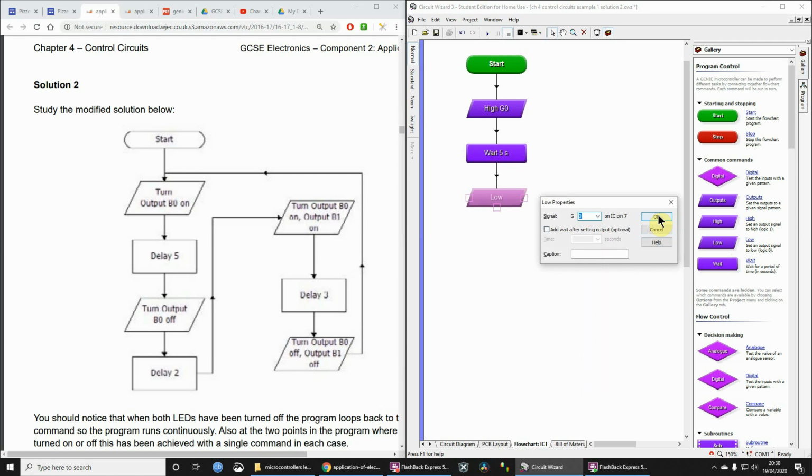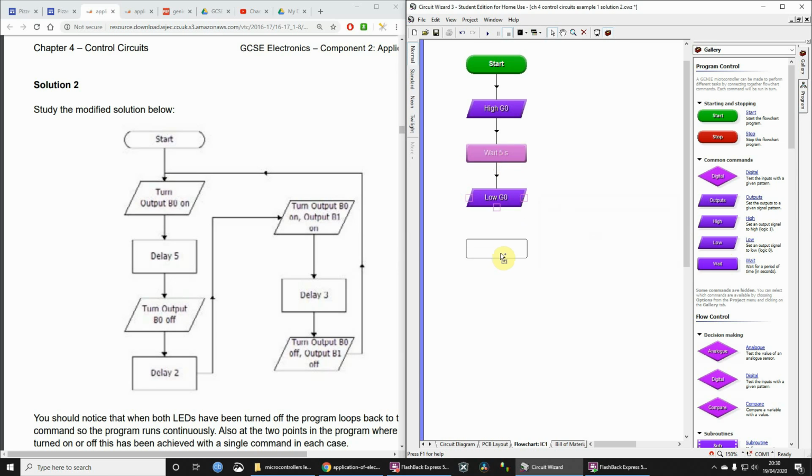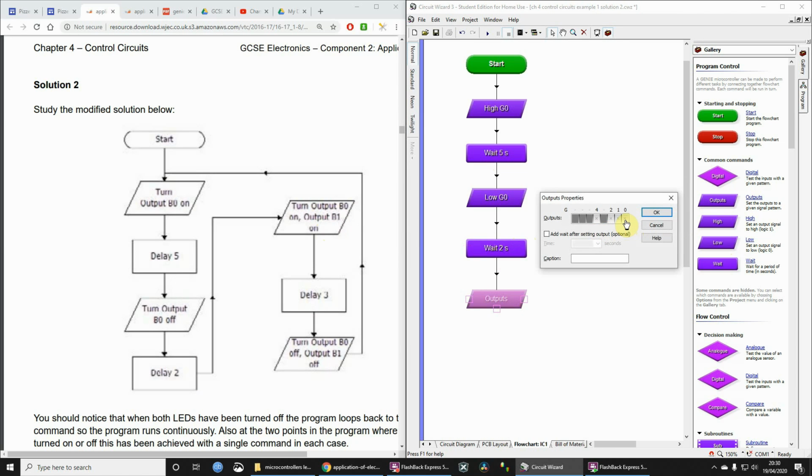So G0 is now going to go off, and then have a 2-second delay, so I just control drag, change that to 2 seconds. And then I want to turn the two outputs on simultaneously. Now to do that, I need to use this outputs block here, and I need to change G0 and G1 both to be on now. 0 means logic low or off, and 1 means logic high or 1 or true on. Okay, and then we want G0 to be logic high, and we want G1 to be logic high, like